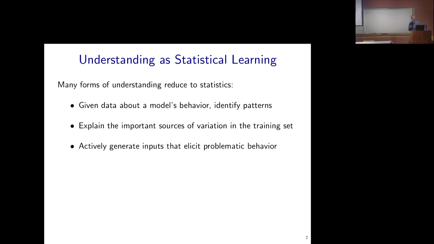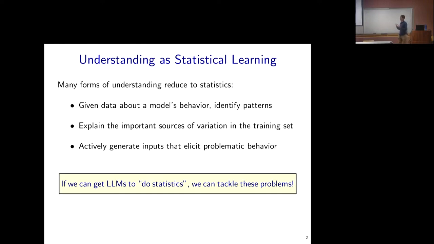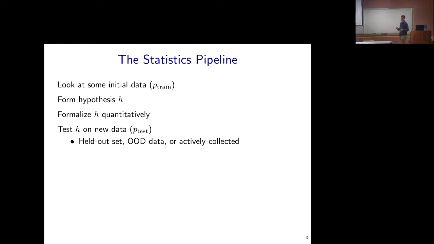Another thing is maybe we want to do some form of active learning: actively generate inputs that elicit some problematic behavior, or at least try to elicit the problematic behavior to see if it's there so that we can fix it. And all of these are basically statistics problems. This is like PCA. This is also some form of feature learning or clustering. And this is basically active learning. So if we can get LLMs to be good at, in some abstract sense, doing statistics, we can tackle these problems. I'll give a concrete example of this in a second, but